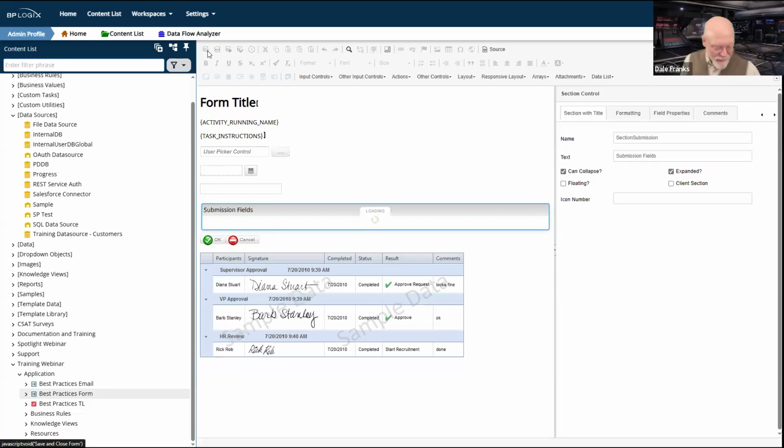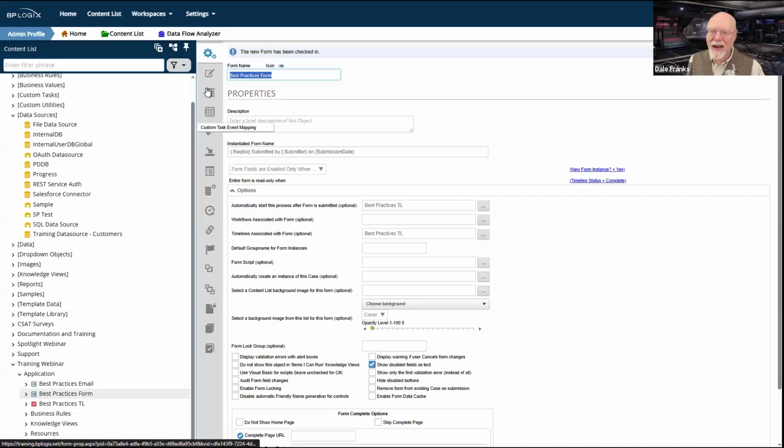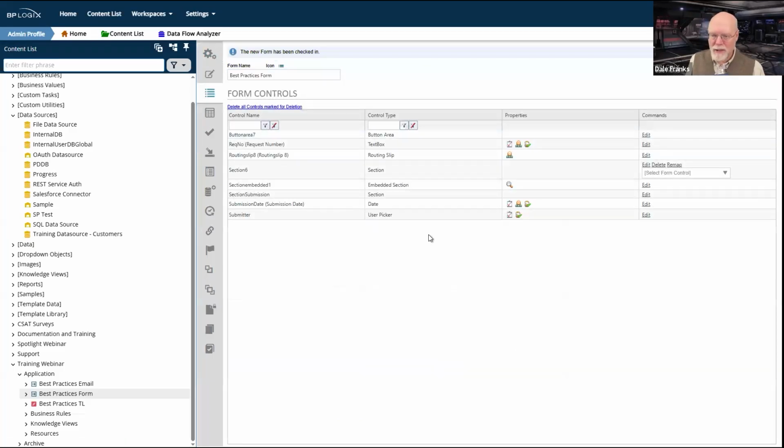Now we're going to save, and it's going to take a couple of seconds to resave. And what's going to happen as part of the save process is it's going to mark section 6 for deletion for us. And again, it's a section control. Section controls technically don't have values, so we're not going to worry about the values, but we're going to pretend that it's a data control that actually does have values for the purposes of this example. Actually, section controls do have values. It's 1 or 0 based on whether it is expanded or not.